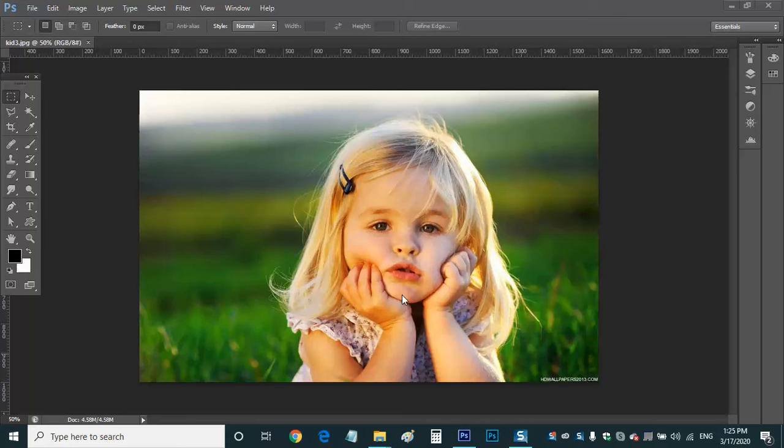Friends, let me tell you here, opening the picture, using the picture and modifying the picture, only these topics are not important here, because Photoshop is an image editing software. After editing the photograph, that photograph can be used in different fields. That means I can broadly divide this media into two parts: one is online media and one more is offline media. So these photographs you may use in offline media or you may use in online media.